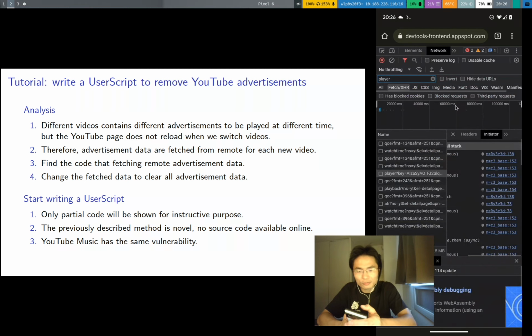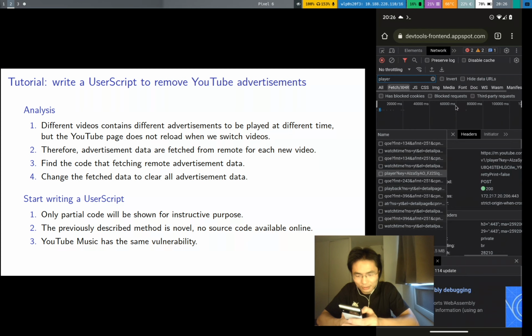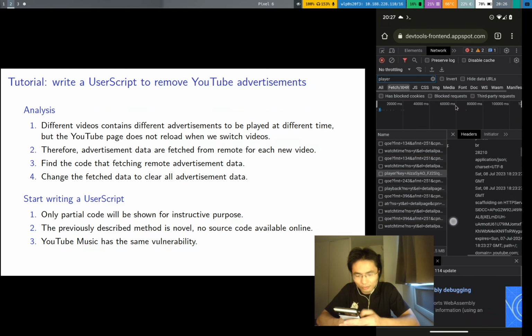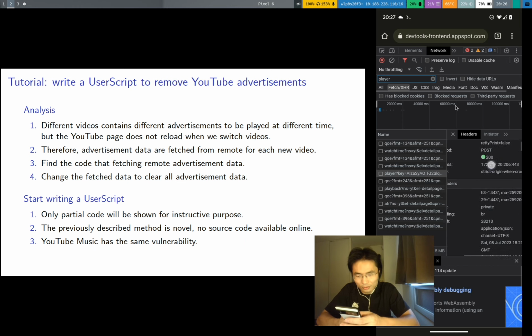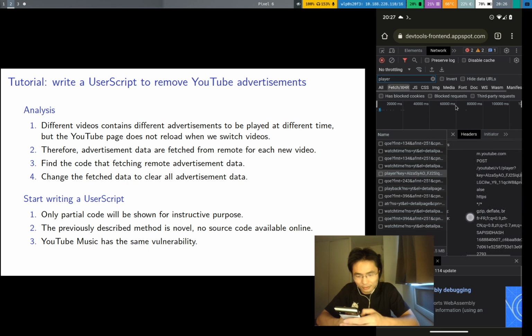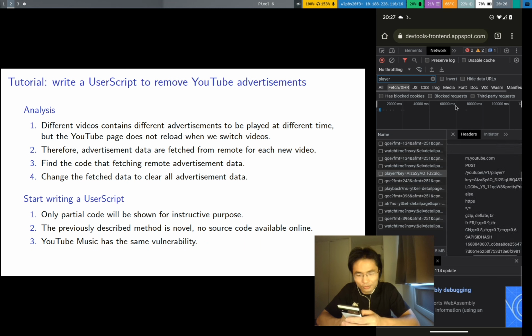Originally it was in the network panel, it's this one. The URL is present in the information part. Okay, it's here. The URL is YouTube v1 player.